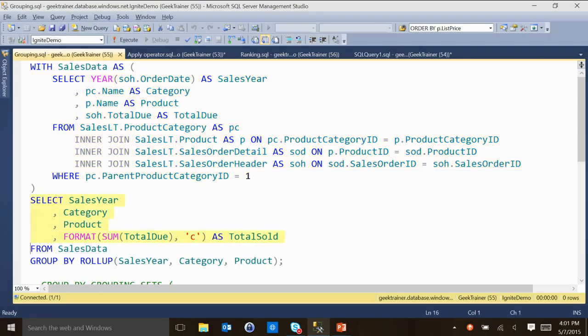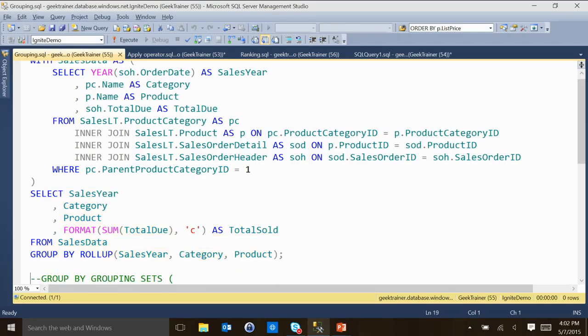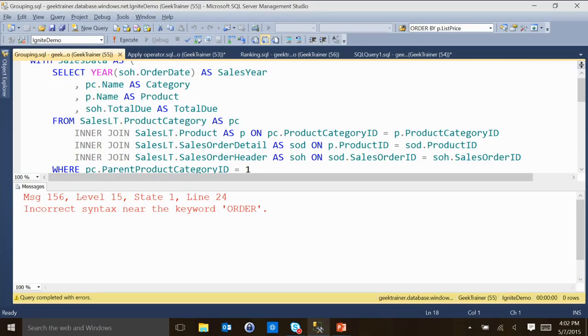This is the important part. The important part is, all right, I want to display the sales year, the category, the product, and the total sold, but I also want the aggregated data. So when I say group by roll up, it's now going to give me the total for my sales year, the total for my sales year and category, and the total for my product. And so when I run this query,